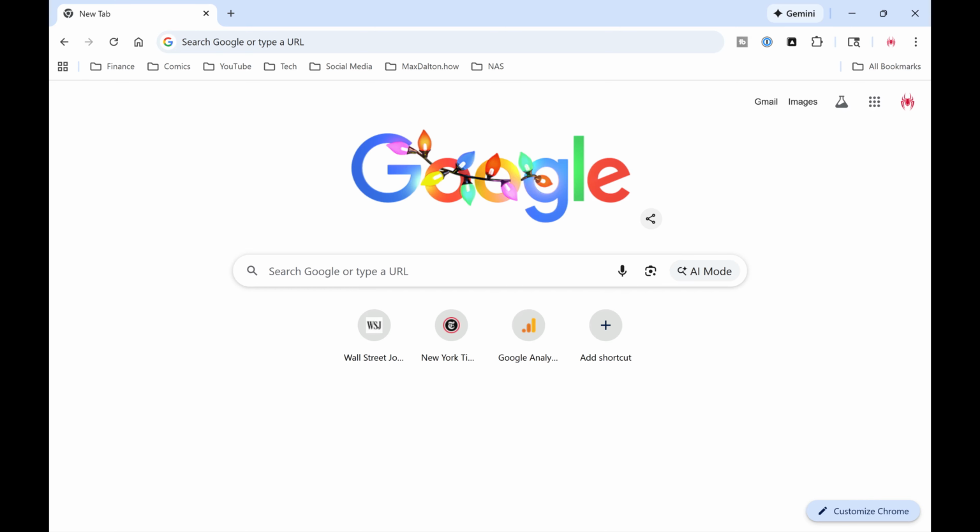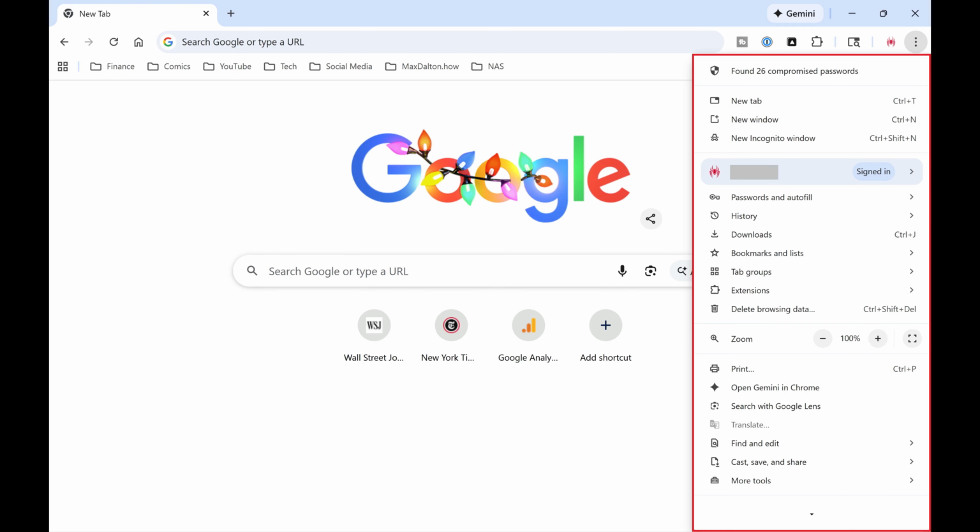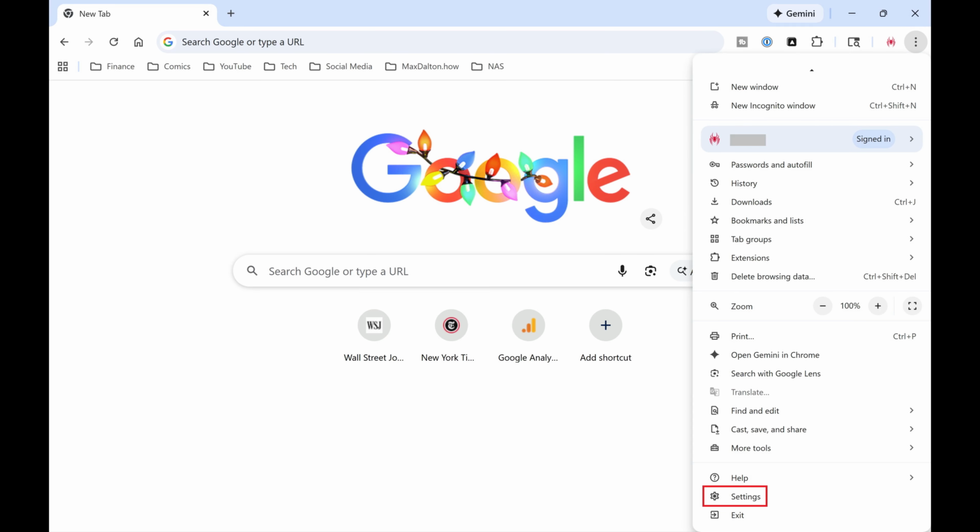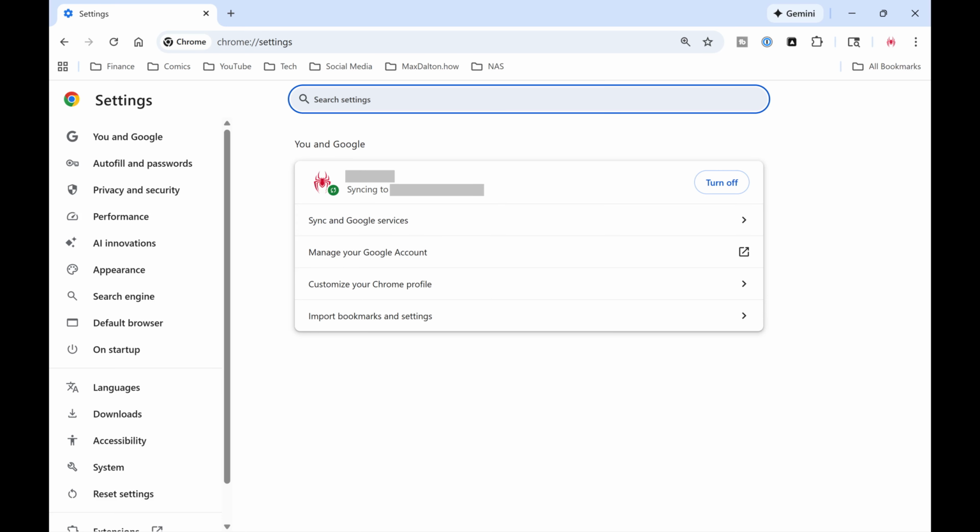Step 1. Open the Google Chrome web browser on your computer. Click the vertical ellipses at the top of this screen to open a menu, and then click Settings in this menu. Step 2. Make sure You and Google is selected in the menu on the left side of this screen,